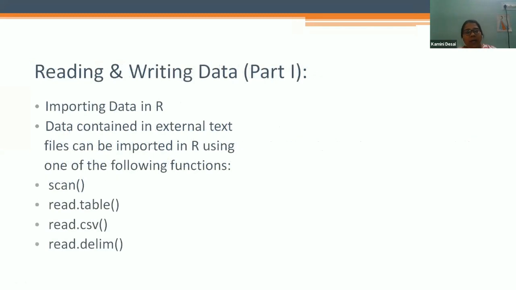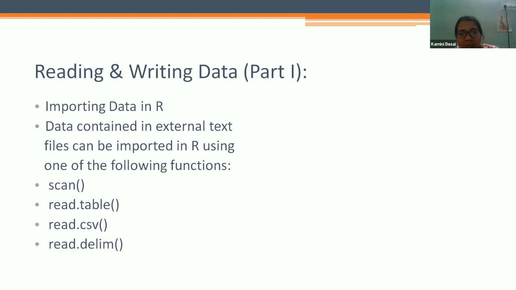How to import the data in R? We will import data in R using these functions: read.table, read.csv, read.delim. read.table means the data is in the form of text, and we have to create that data in Notepad.